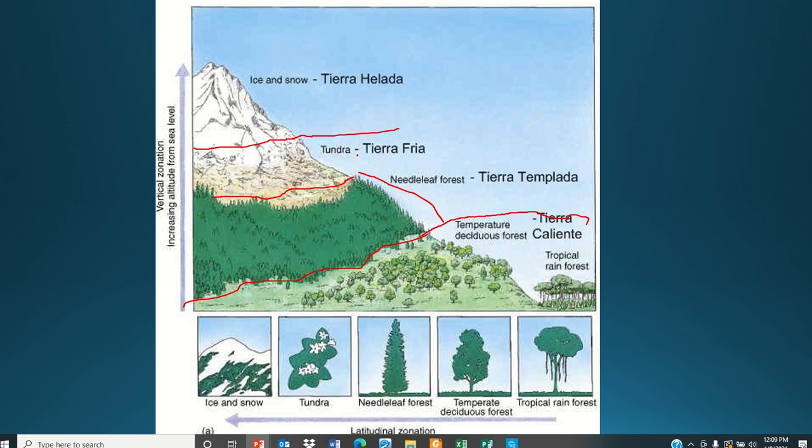You guys know what tundra is? We've talked about that, where hardly anything grows. It's just little moss and grass for a few months out of the year. Well, the higher up you go, there is a little bit of tundra up in the Andes Mountains. And then at the very top, I'm not going to ask you about this one, so don't worry about it. But just know that above Tierra Fria, it's basically just ice and snow. That is it. There's nothing else. Okay, so glad we went over this.